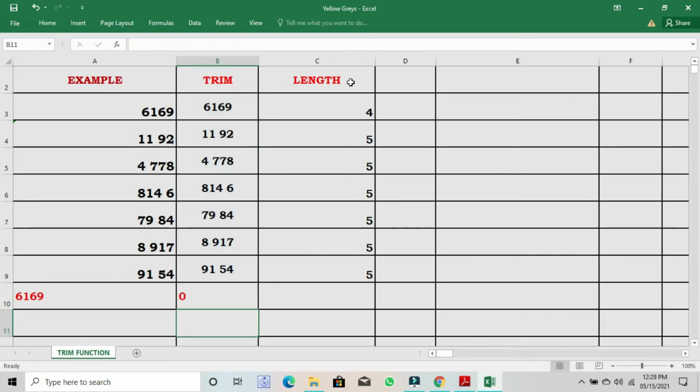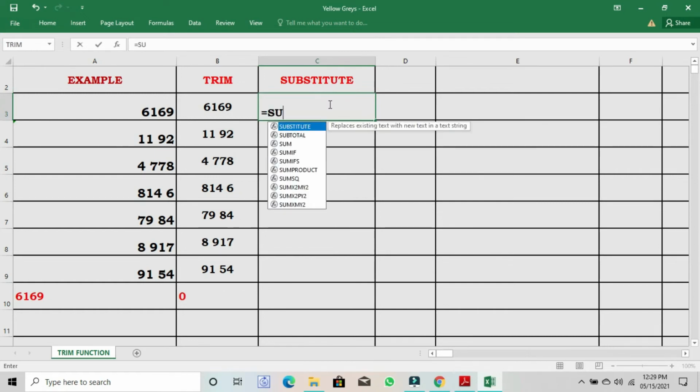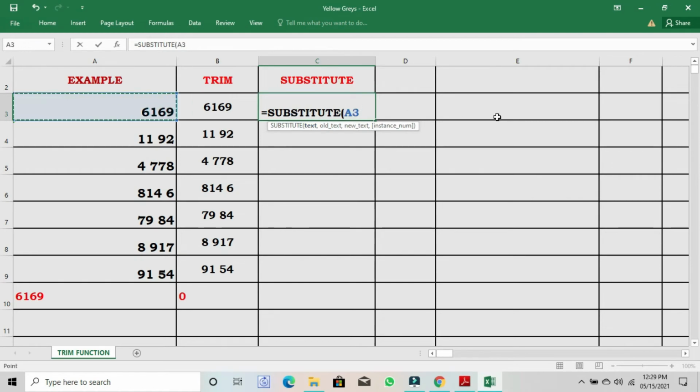Let's try the SUBSTITUTE function for those examples. Equal to SUBSTITUTE, select the cell, comma, insert a space inside the double inverted commas, then inside only double inverted commas which represents empty space, then close the bracket, press enter.